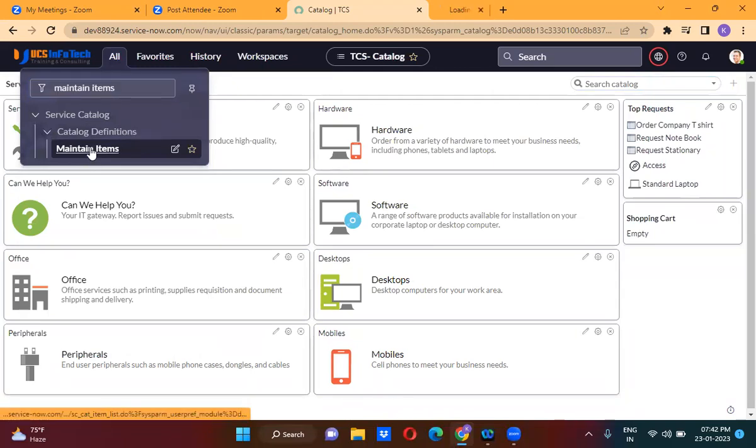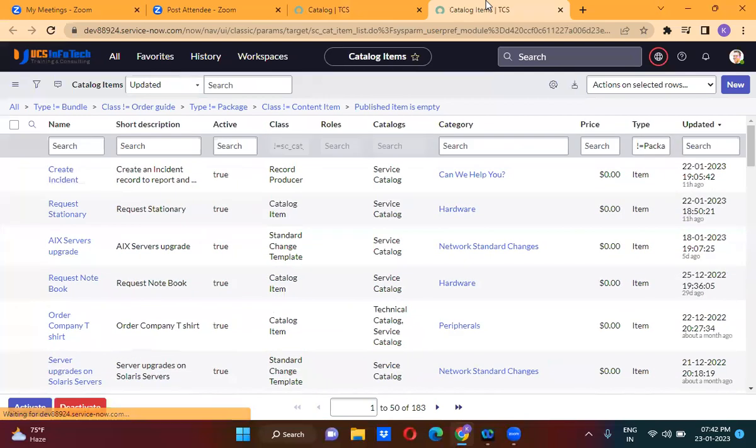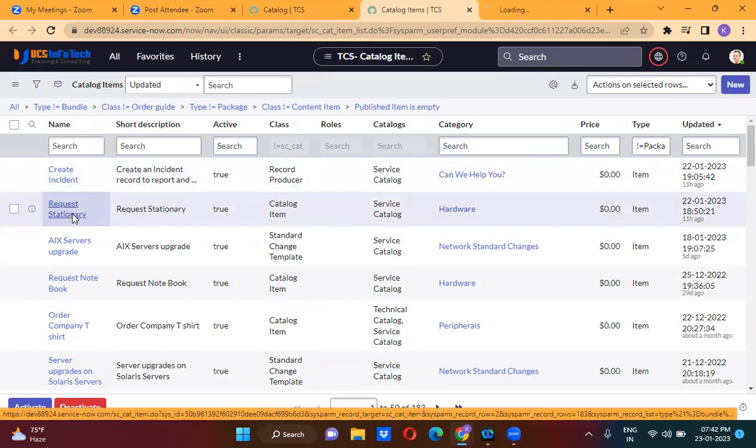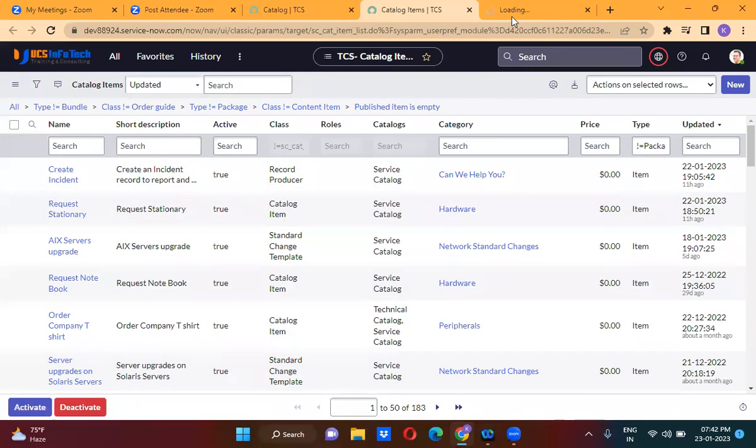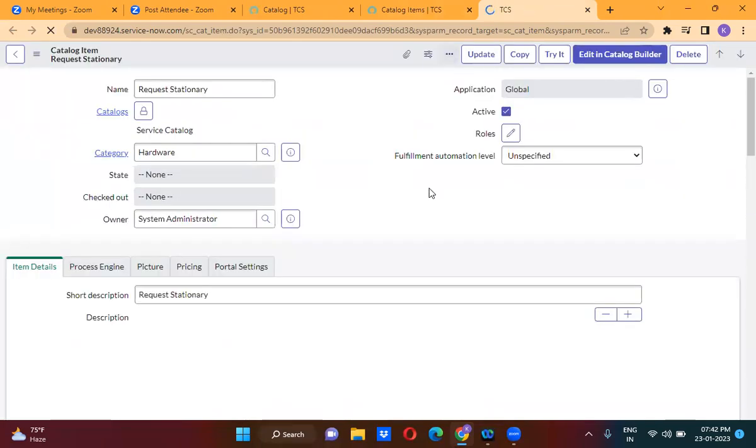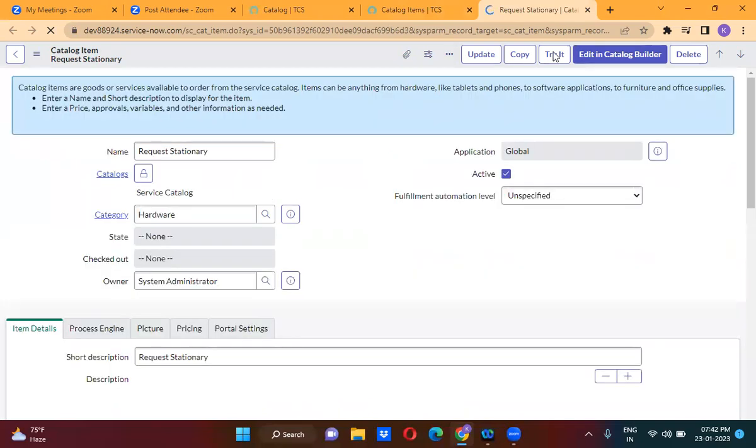I have already created a few service catalogs. This is the service catalog that I created. If you click on try it on the service catalog,